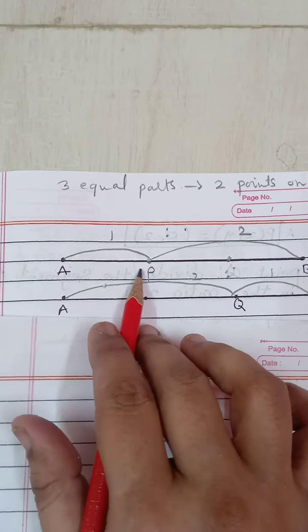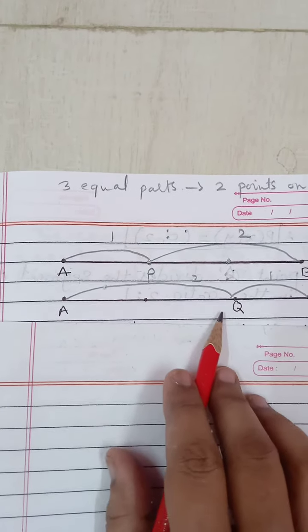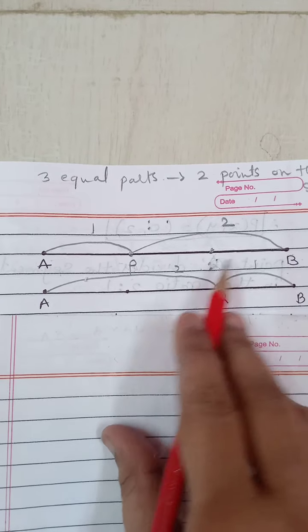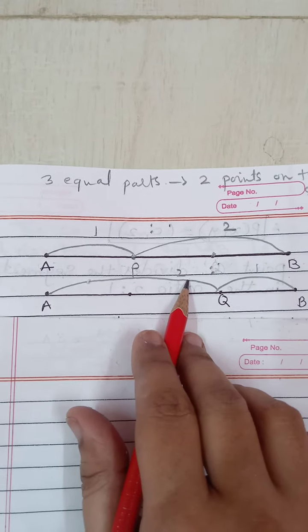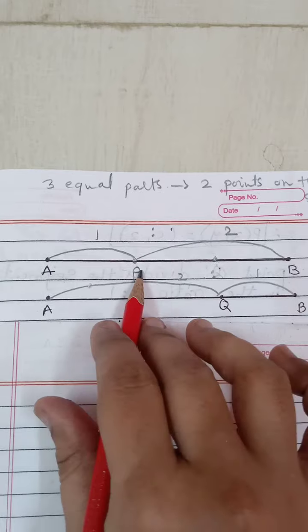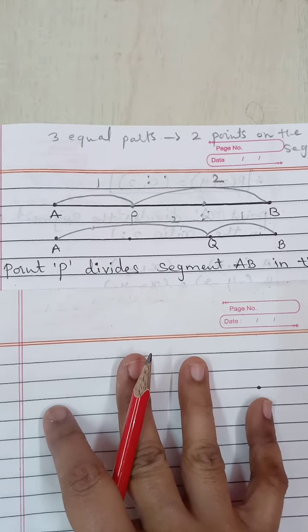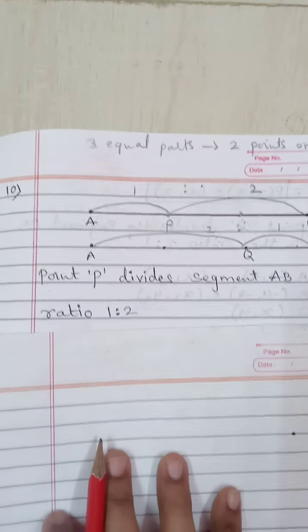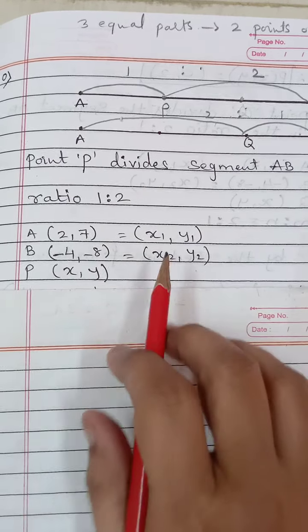So first of all, we will apply the section formula for point P with the ratio 1:2. Then secondly, we will apply the section formula again for finding the coordinates of Q with the ratio 2:1. In both conditions, the ratios are different, therefore we have to use the section formula twice. First we will find point P, then we will find point Q. So see here, let P divide segment AB in the ratio 1:2. That is the first condition. So we will apply the section formula here. By the section formula, first of all we have taken all the 3 points.